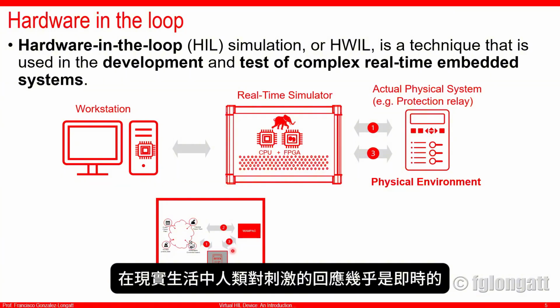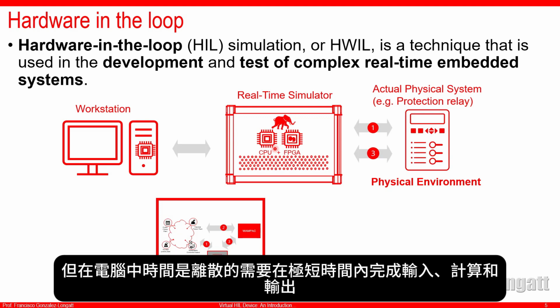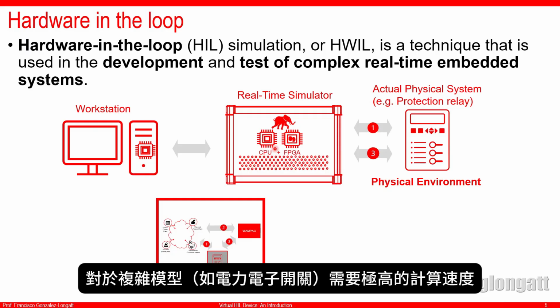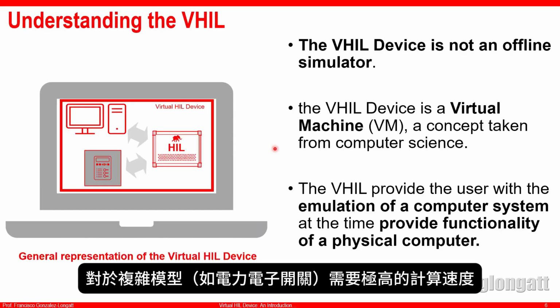However, what is one of the big issues? Real-time simulation is very different to offline simulation. In offline simulation, time is not a problem. In real-time simulation, hardware in the loop, time is a very important issue, okay? That is the reason that we need to use this supercomputer, let's say a very fast computer, the real-time simulator. But those real-time simulators can be expensive. And that is where